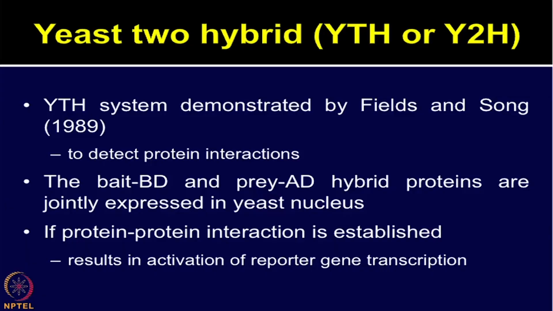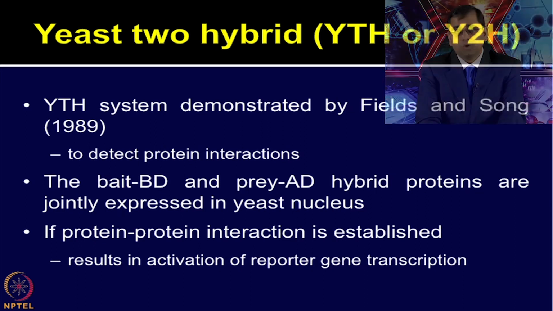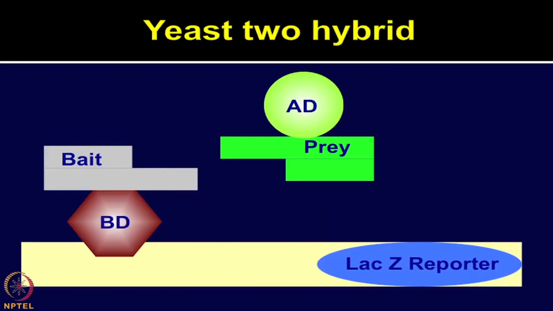In general, the yeast 2 hybrid system uses the bait binding domain and the prey activation domain. These hybrid proteins are jointly expressed in the yeast nucleus. If the protein interactions are established between the bait and the prey, which are coupled with BD and AD, then transcription will occur. As you can see in the slide,